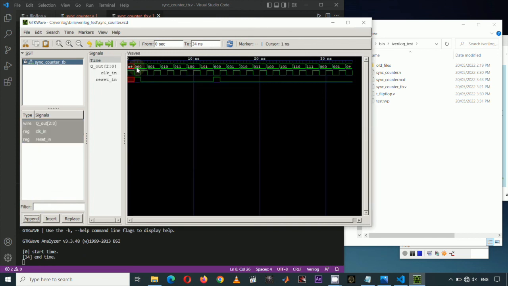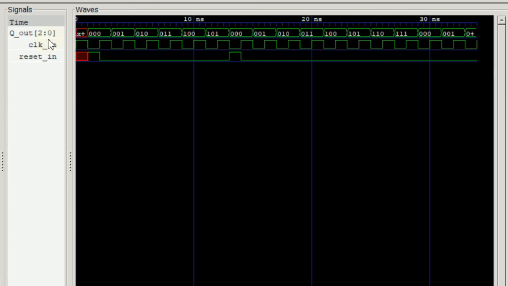So in this timing diagram, the topmost waveform refers to output Q, the middle waveform refers to clock pulses, and this bottommost waveform refers to the reset input. Note that when we send logic high to the reset input and after 1 nanosecond revert it to logic 0, the counter starts from 000, then 1, 2, 3, and so on. Note that when the counting reaches 101, or maybe this number 5, it suddenly resets to 0 because